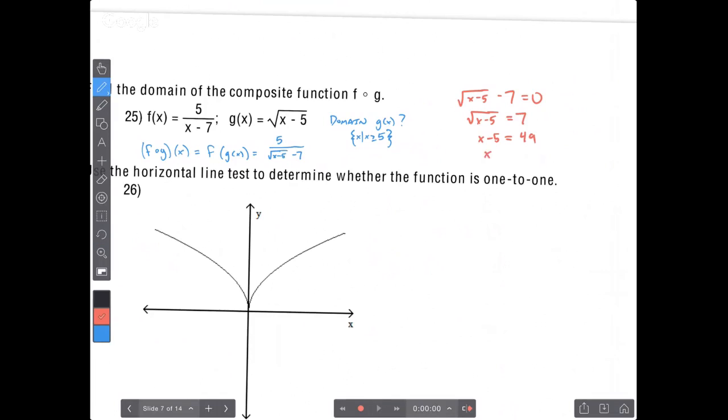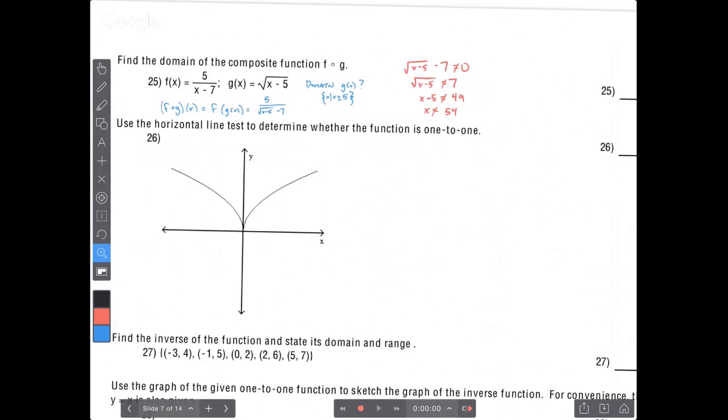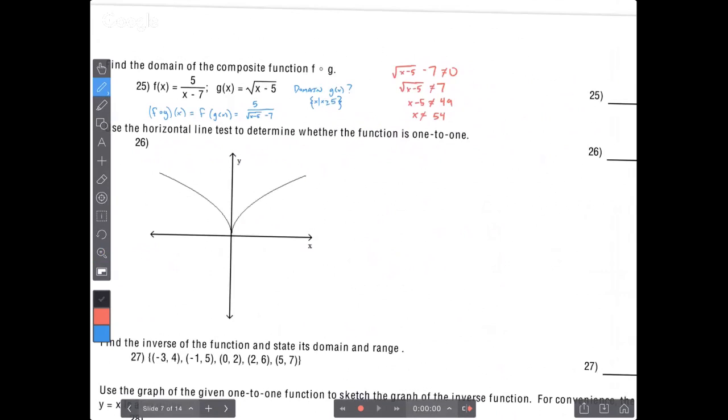And so x cannot equal 54. Not allowed. So the domain then, my final answer, is that the domain